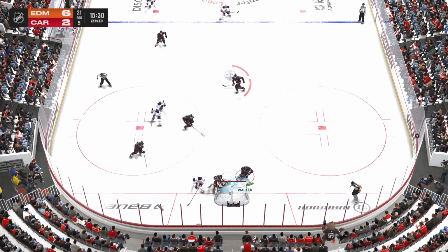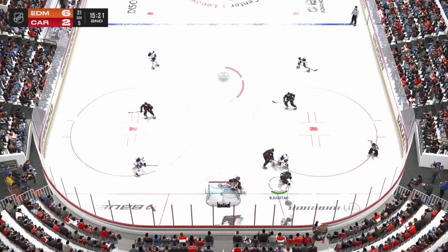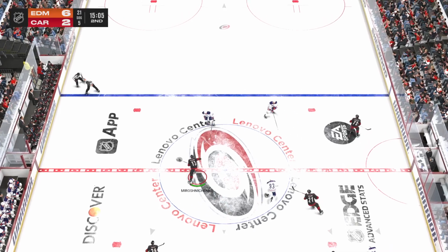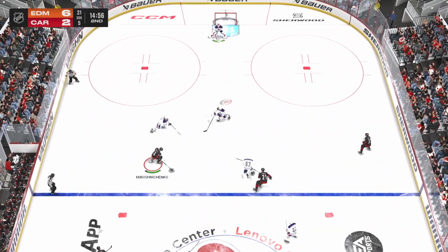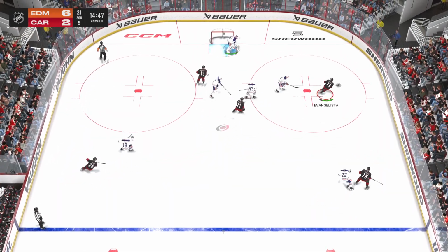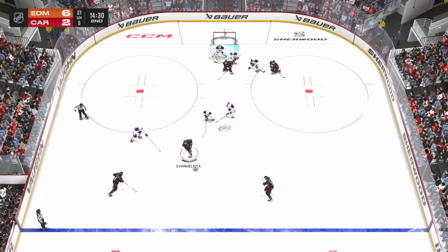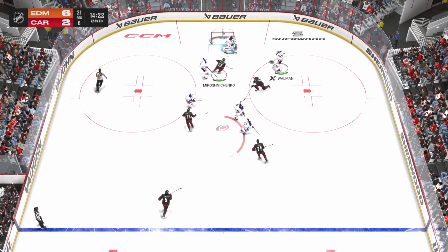Snatches the puck with the two centermen locked up. Can't keep a hold of it. Slides the puck ahead to Evangelista. Handles the pass. Quick pass to Bjugstad. Handles the puck at the point. Oh, and he